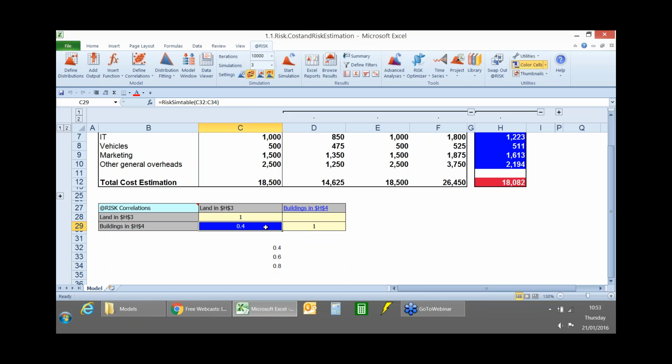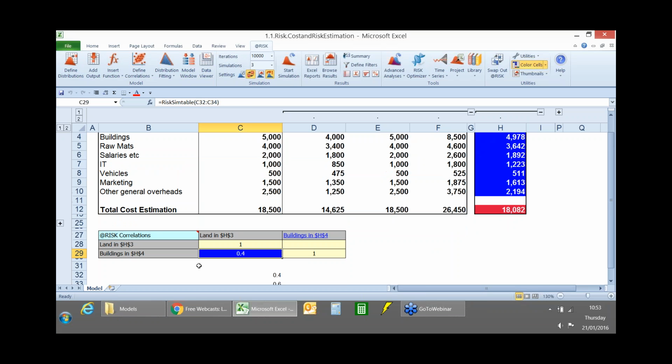The reason being is that I want to see how much difference it's going to make having a different correlation value. This is a really, really useful function in @RISK. You can use this in all sorts of models, not just for correlation coefficients, which is probably quite an uncommon use, but for looking to see what would happen if one or more inputs to the model were changed. So RiskSimTable, look it up if you don't already know about it, and start using it. It's brilliant. So now I'm going to run 3 simulations. So if I click Start Simulation,